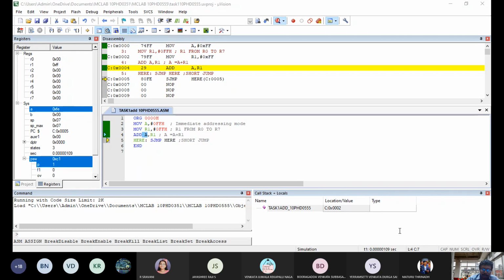The next set, 3 and 4, before CAT 2, 23/10. And the task 5 deadline will be 21/11. So these are the dates for each and every task and the review submissions, etc.